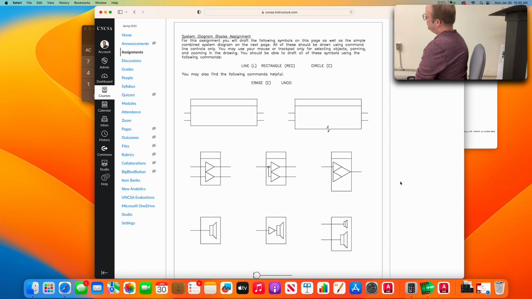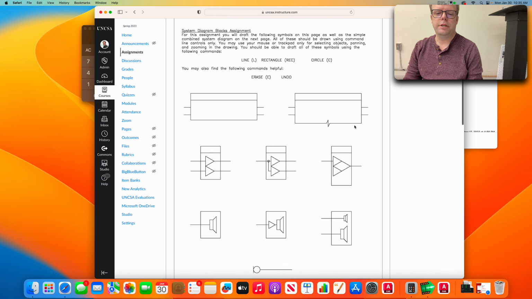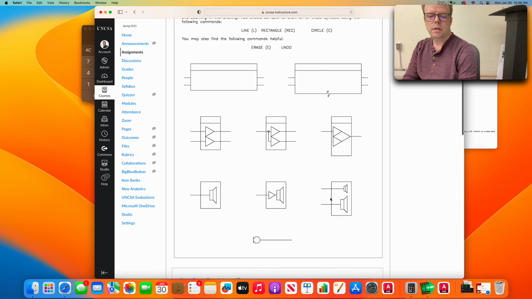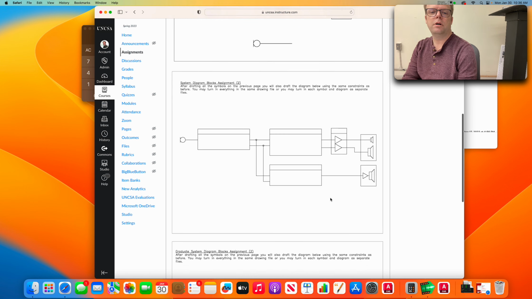So this is the assignment I'm going to give you to work on this week. And I'm showing this to you first, and then we'll start talking about how you might accomplish this. So all of you will need to draw this collection of symbols from a sound system diagram. These are just kind of some of the generic symbols that we discussed last time. So you'll need to draw all of these, and then if you are